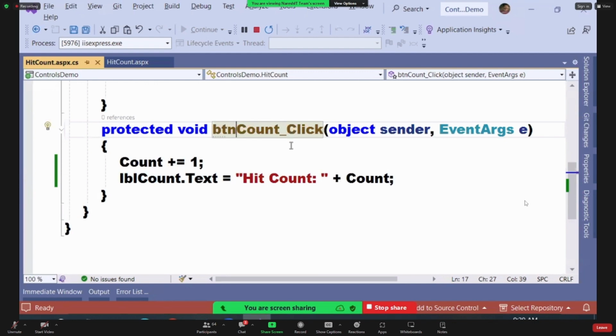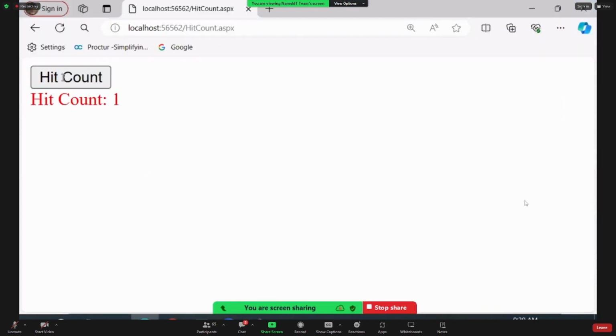Every time you click on the button, it creates an instance, initializes all the fields, increments or does whatever it is, and sends the results. Once the result is sent, the object is destroyed. Once everything is destroyed, once the response goes to the browser, it's a whitewash. We don't have any information of that request on the server. And this is what we call as